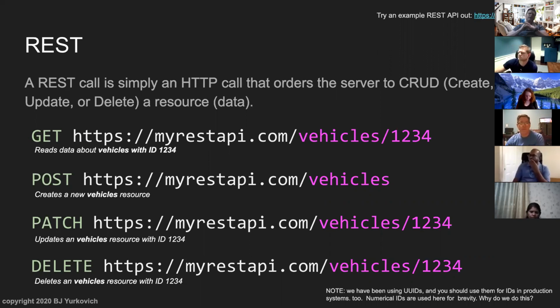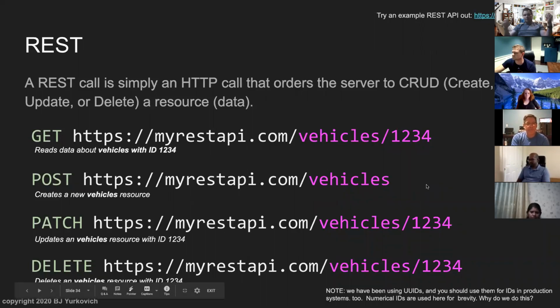And so when we think about it, I do a GET to https://myrestapi.com. I don't know if that URL even exists, someone can check it carefully. I'm just saying that's an example. And now the part that's RESTful is the /vehicles/1234. Now this vehicles is a resource name, so we're getting vehicles, and we're getting a vehicle by ID 1234. That's this example. This 1234 could also be a UID. In fact, I mentioned that down here. Typically they're going to be UIDs.